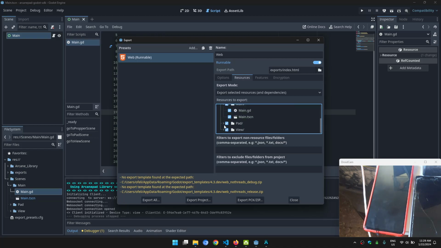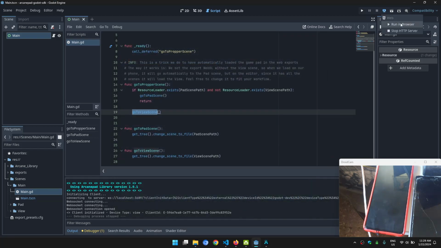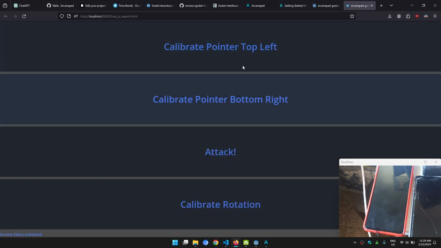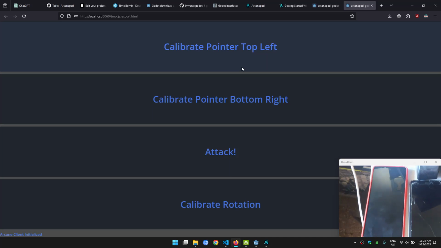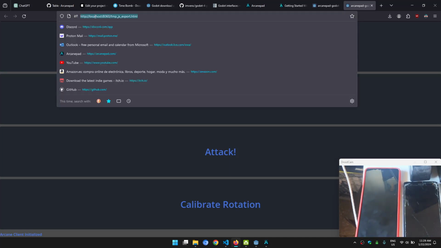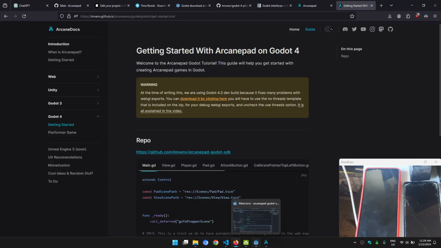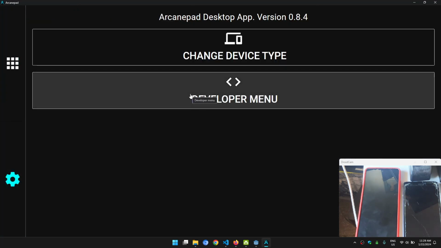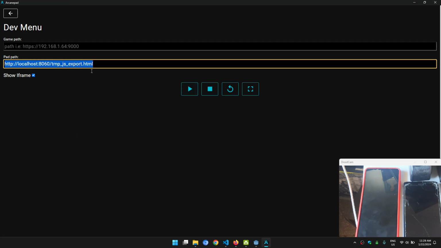Sorry, the view scene should be unchecked, as we say. So when we are exporting to web, it can't load the view scene, so it loads the gamepad scene. So why are we doing this? Well, this is because now we are going to use this URL. We are going to copy this path, and we close this. We don't care about this anymore. We go to Arcanepad. We go to settings, developer menu, and here we paste the path,